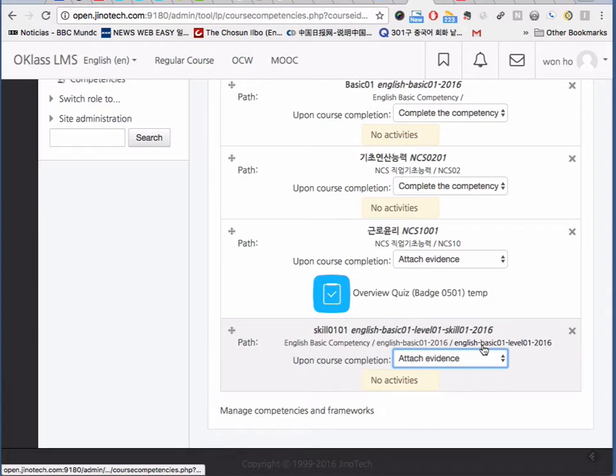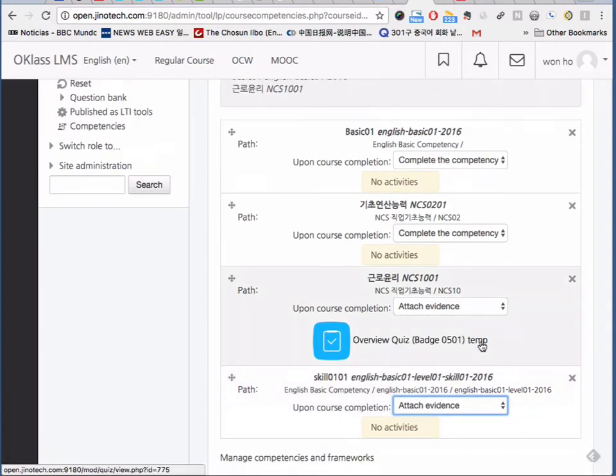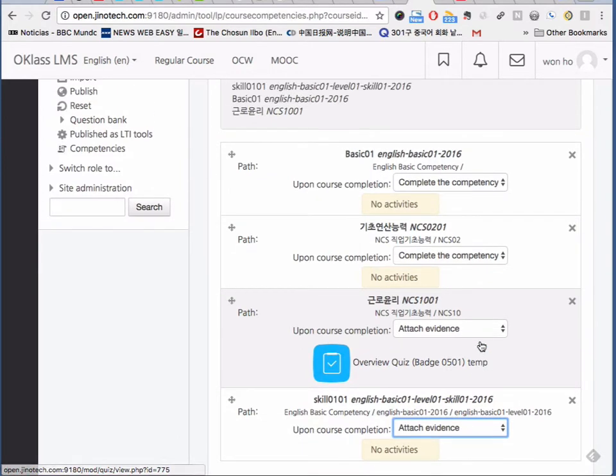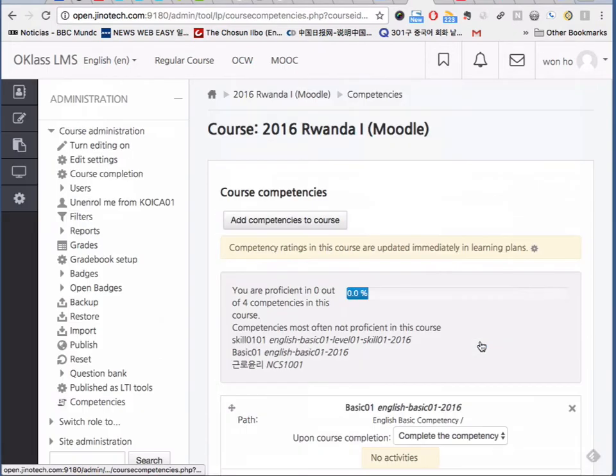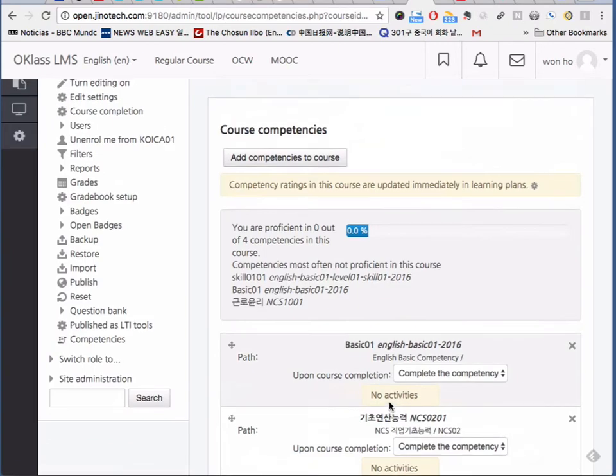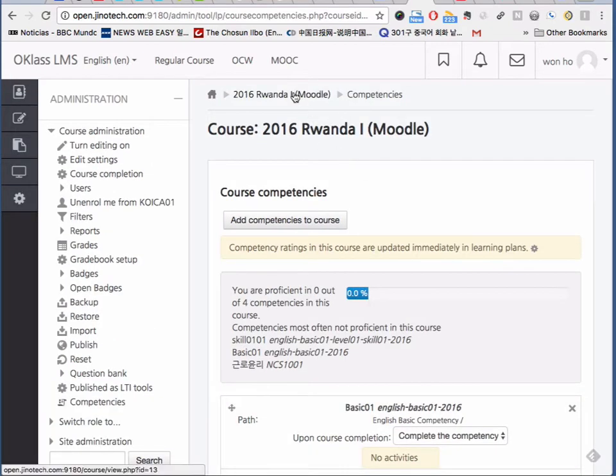So this is just making a connection between course and competency components. So actual things happen inside of the activities of the Moodle course. I will show you. So, okay, this is done. After this has been done,